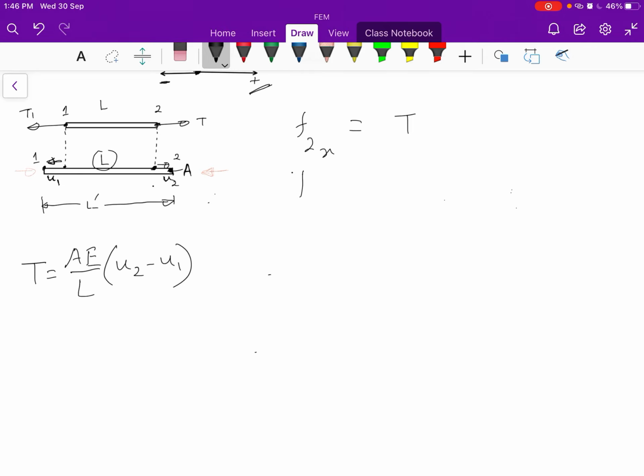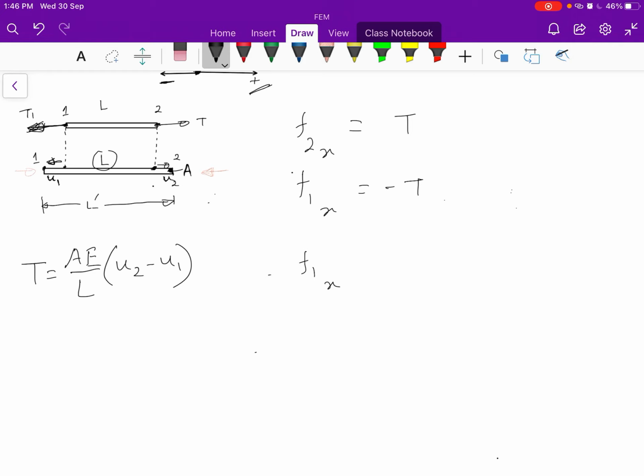Similarly, the nodal force which is acting at node 1 in the x direction would be considered minus T, as that is acting on the left hand direction, and as per our sign convention, that should be considered negative. Okay, so now we can say that when we consider nodal cases, then the relationship would be